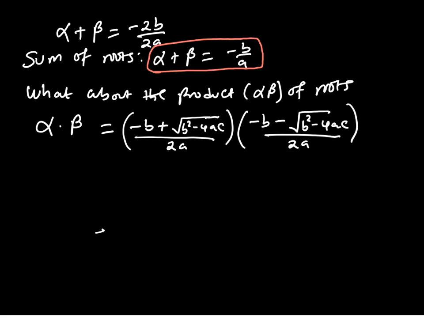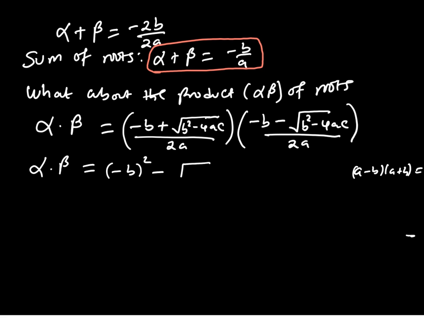Let's multiply through. You have been multiplying through some of these brackets, distributing brackets, and there's what we call a difference of two squares. If you have a minus b into a plus b, you end up with a squared minus b squared. Now, we want to make use of that result, a minus b into a plus b, which gives us a squared minus b squared, and we write that alpha times beta is going to be minus b